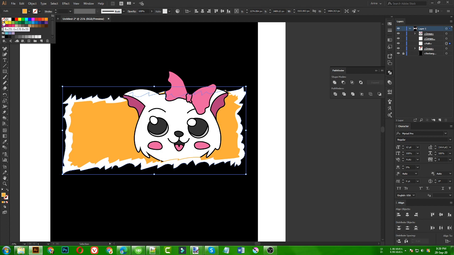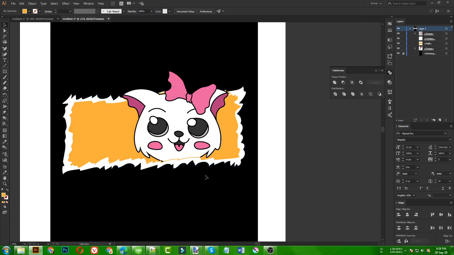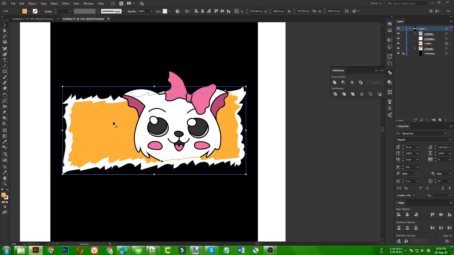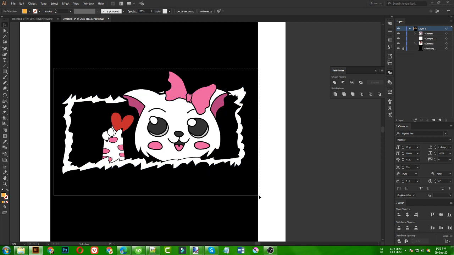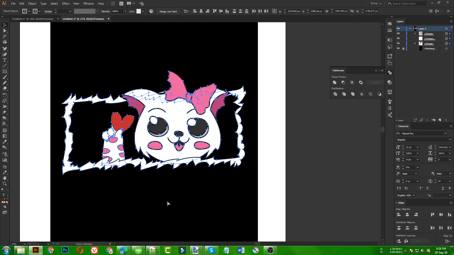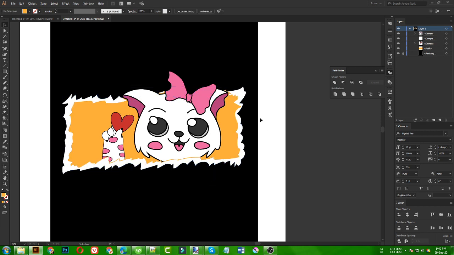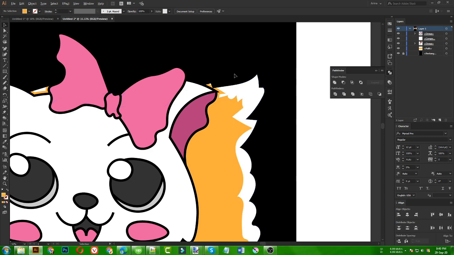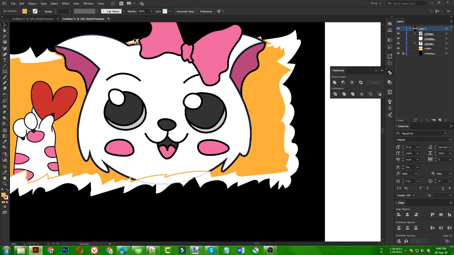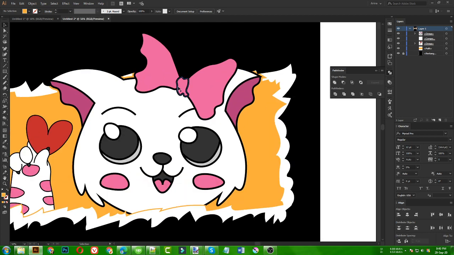So once it is yellow, you can see this is looking better than before, but I need my hand. So I am selecting this here. If I click here, it will select that yellow layer from here. So I am going to cut this. Now I need to select everything here. So once everything is selected, if I press B, that yellow layer will be placed on back of this selected layer. So as you can see, this is not overlapping any other areas, but you can see this area is not looking very good, because this yellow part is visible from here, but I don't want that.